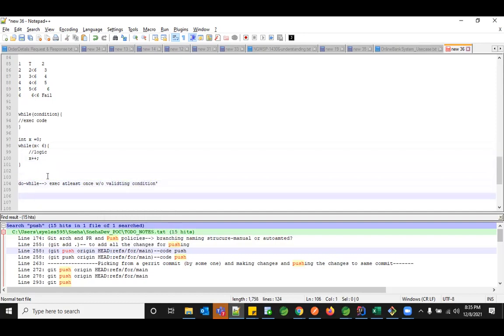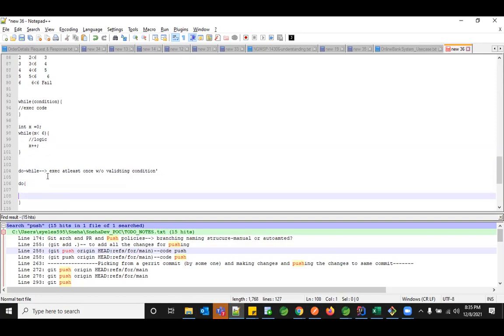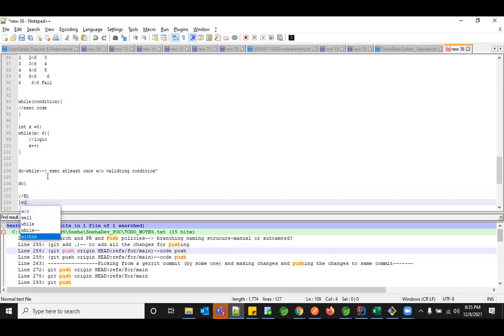So the do while looks like this: first do it. Just go and do your statement. It will open a block, and within that you can have your piece of code which you want to execute. I'm just giving business logic. And post the first execution, I'm validating my condition, where in the while I'm going to give my condition.